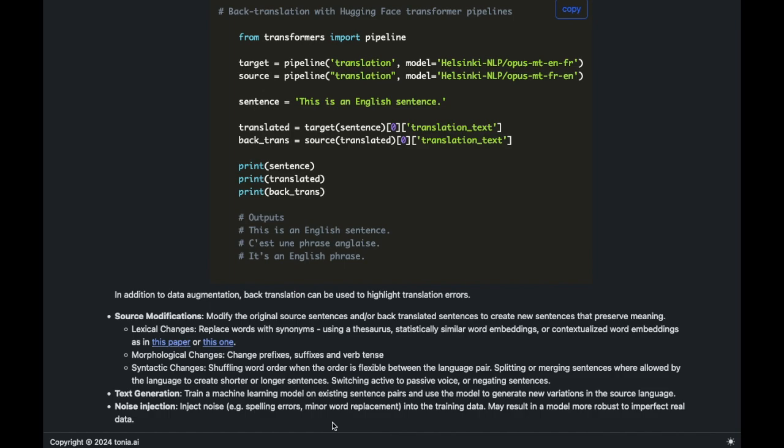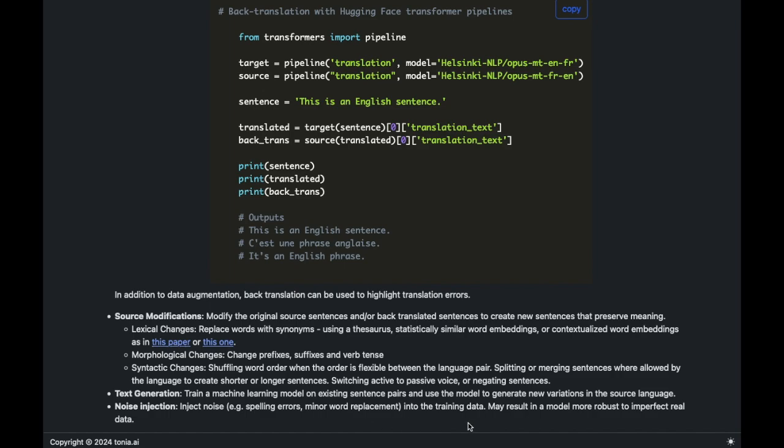In addition to spelling errors, for example, the word "to" in the English language, T-O, T-O-O, T-W-O, those are all different words, and choosing the correct word in a sentence is commonly an error that you see in human generated text. So by injecting that noise and adding those additional incorrect sentences with spelling errors or minor word replacement, like the "to" example,